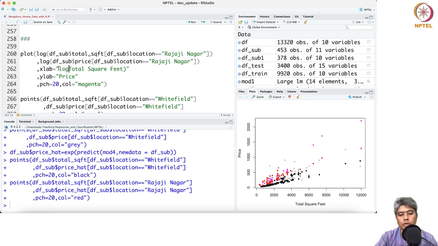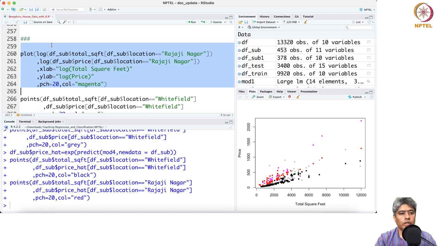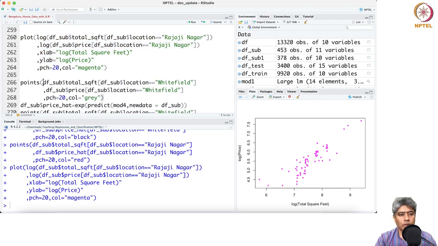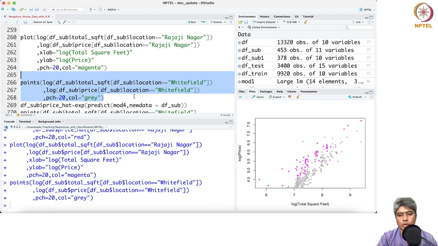If I just plot this, you can see that this is better. And if you just plot log of this and log of that, this is also to an extent better. But I think quite a few are actually down,